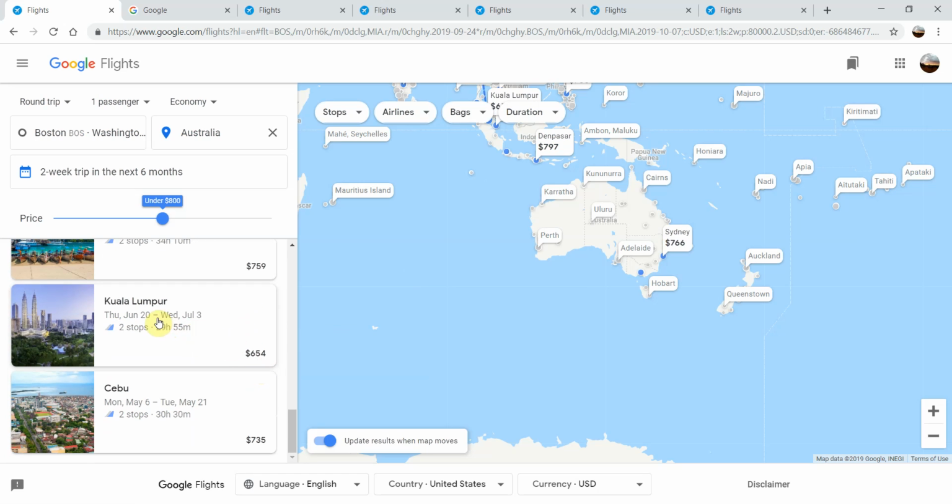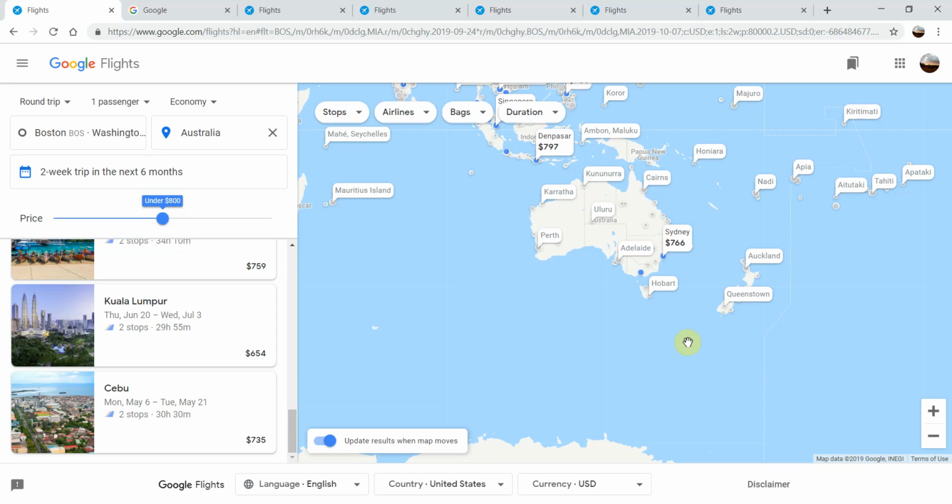Kuala Lumpur and Cebu, these are Malaysia and the Philippines. So overall, you have other destinations that you can think about if you have the map view, in case you're not 100% decided on Australia. You want a cheaper destination. Australia in the end is not the cheapest place to go. It's amazing, but